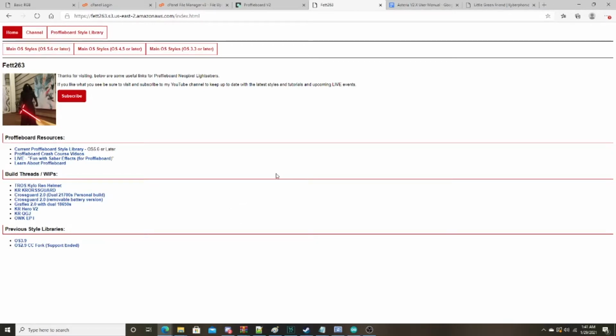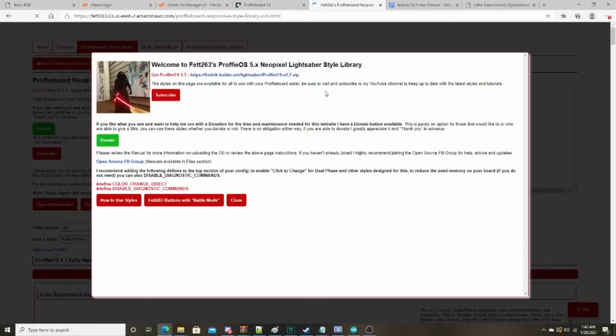Alright, so let's jump right into the blade styles. Since we're on operating system 5.7, we could just go right into this section. But if you want, there are some blade styles on the older operating systems that are not currently on the 5.6 or later tab. So you can go to one of these older tabs and use those blade styles as well. So yeah, let's just click on that, and then we will have